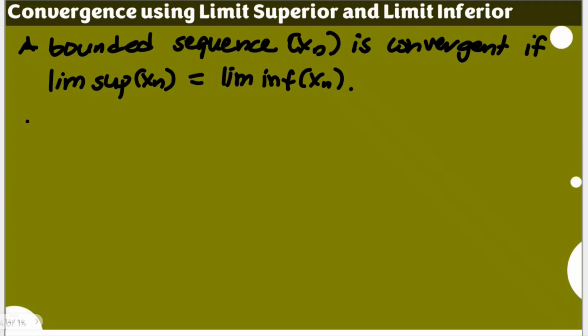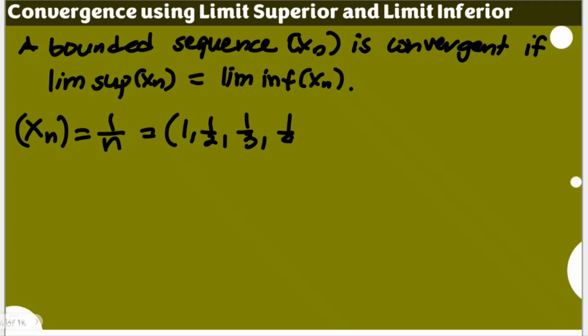So the first one, let's have here x sub n equal to 1 over n. Of course, we can use this if we could guarantee that this is a bounded sequence. The sequence starts from 1, 1/2, 1/3, 1/4, 1/5, and so on and so forth. And we have established this previously that its supremum, not the limit superior, which is the least upper bound of your x sub n, is equal to 1. This is the least upper bound.